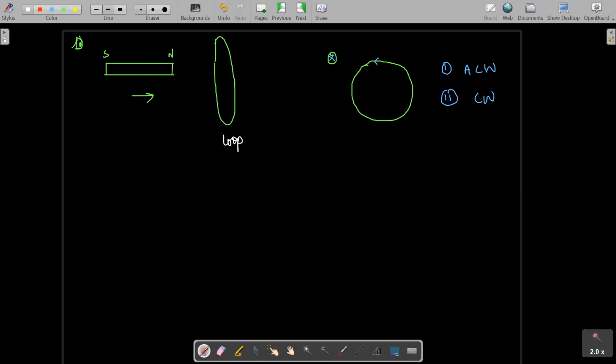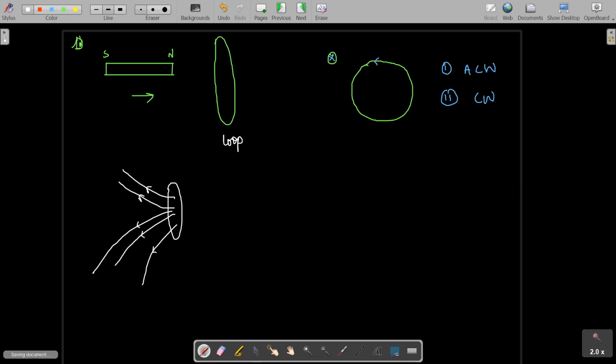So the magnetic field crossing this area will increase. So this loop will try to decrease the number of magnetic field lines by producing a magnetic field in which, through this loop, the magnetic field lines will be like this. Not like this actually, it could be like this. Just see here, students. The magnetic field lines through this loop would be like this, in this direction. Can you say that?